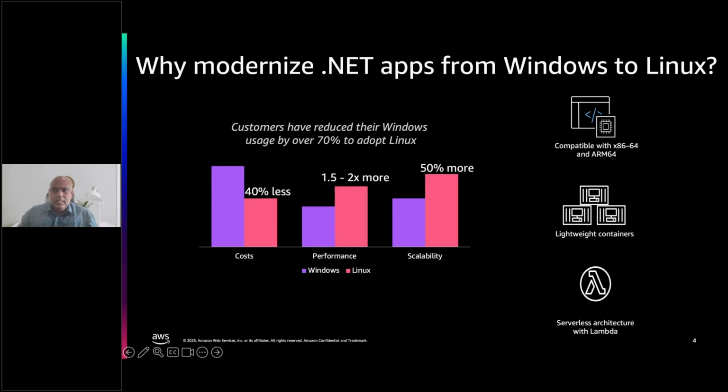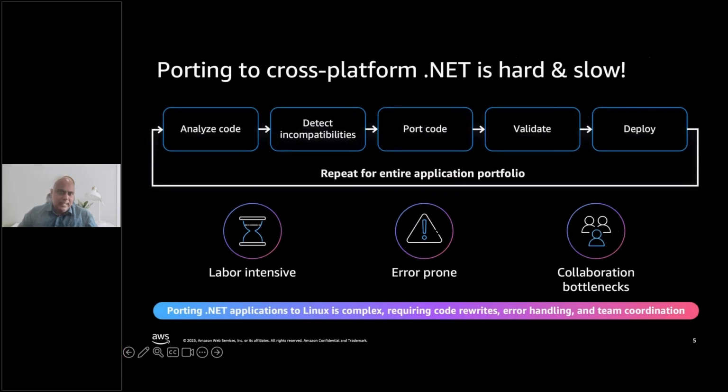Okay, so that sounds great. So what's the challenge, right? Porting from .NET Framework to .NET 8 or cross-platform .NET is not exactly an easy process, right? Even though this picture shows that it's a loop, think of each one of these steps as a loop. For instance, you have to analyze the code, you identify incompatibilities, and then you port the code. And as you're familiar with any of these porting actions, you make one small change, and there are like 500 build errors. And then you have to go back and identify what was the responsible party and go fix that.